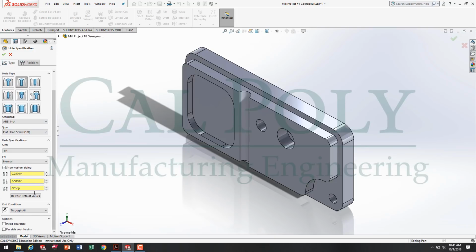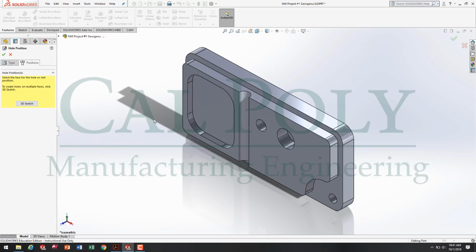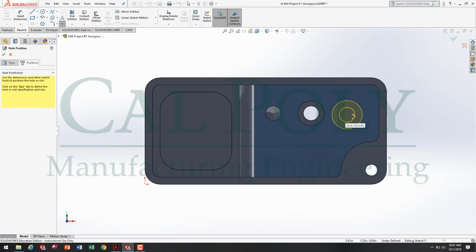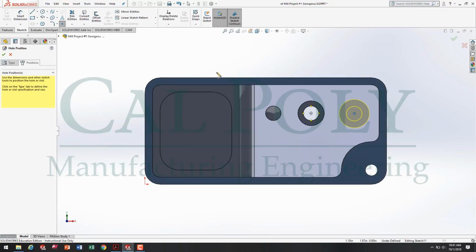At this point, we're going to go through all. We're going to hit position. Click on the face where the countersink goes. You press space bar and normal 2 and place your countersunk hole. Now in order to